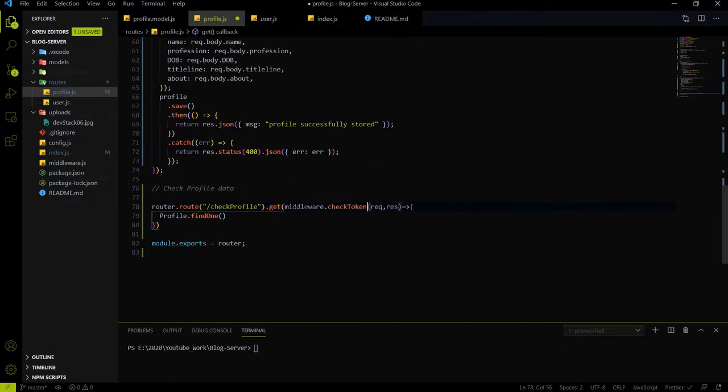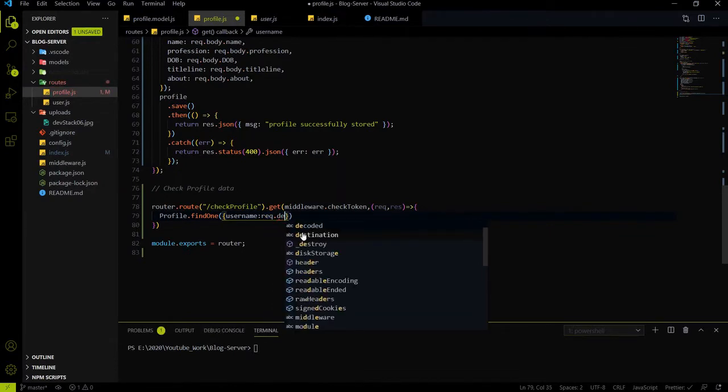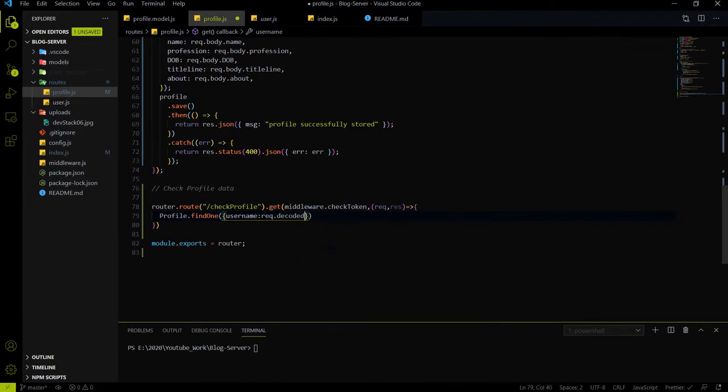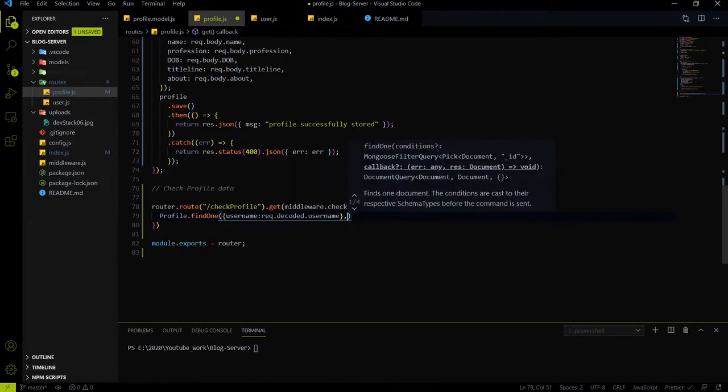So at the time of checking profile data, we will first check the token, and using this token we will get the username. So in the find one, we will query with the username because we already made the username unique. With the help of request.decoded.username, we will get the decoded username, and it will find the data of the unique username.